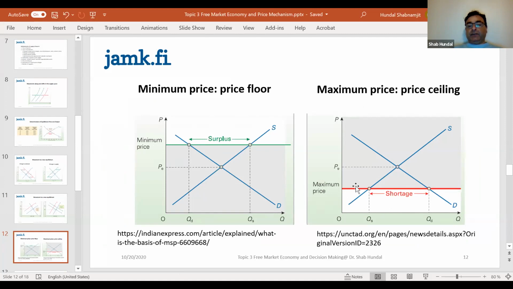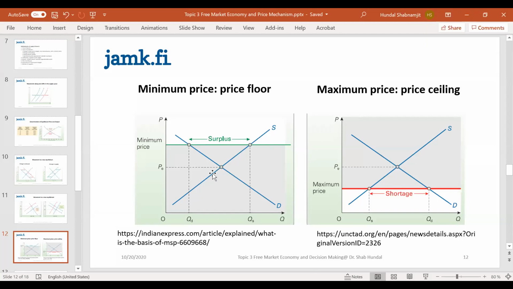And in between, there is a price movement, and the price movement is allowed, I think, in all the democracies, in all the free market systems. We can see that the demand and supply curve can move freely, but within a certain band, within a certain zone, the demand and supply can